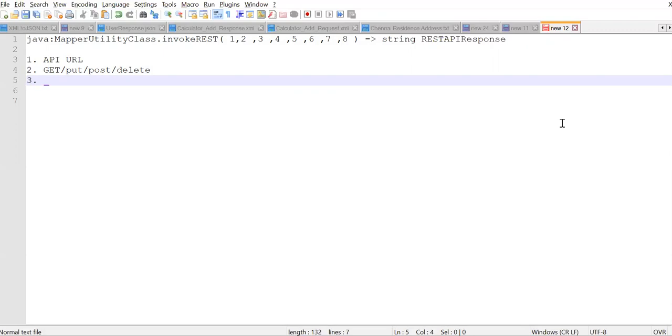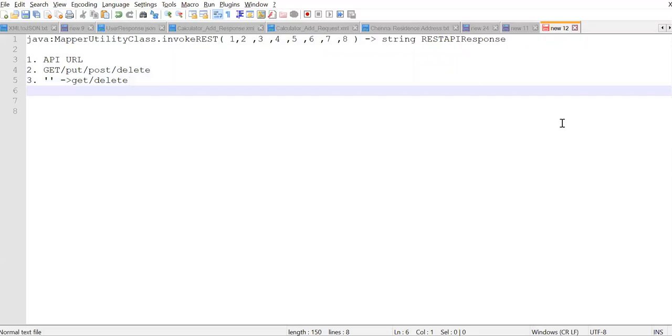It will be empty for get or delete, and it will be the request body for post and put. So the third parameter depends on your second parameter.